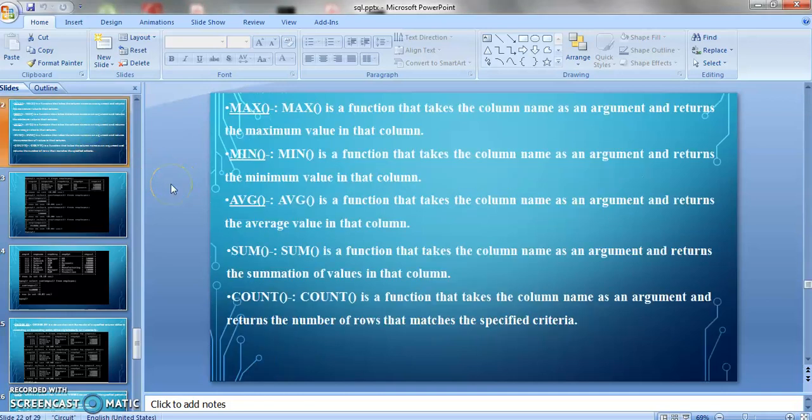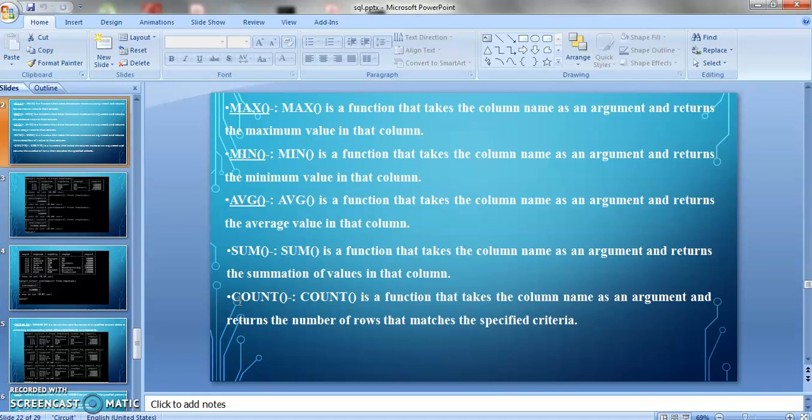In MySQL there are basically 5 main aggregate functions which we are going to learn today. The first one is max, second is min, third is avg, that is for average, fourth one is sum, and fifth one is count. So we'll see one by one.